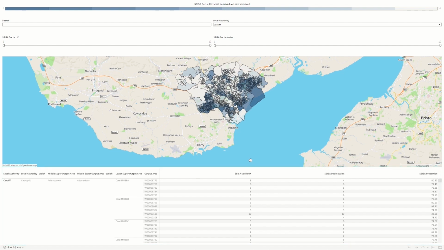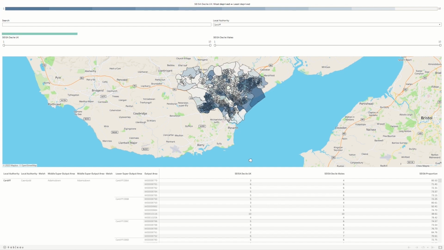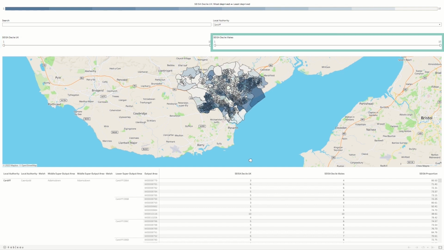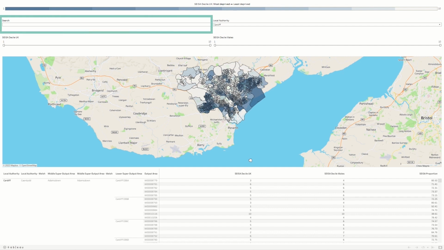Please note that the expanding box beneath the maps offers further details on why we have supplied both a UK-wide and country-specific CISA decile, as well as how to determine which variable may be most appropriate for your analysis. There is a colour legend for the map based on the UK-wide CISA decile, a filter for the UK-wide CISA decile, a filter for the country-specific CISA decile, a local authority filter, and a free text search tool.